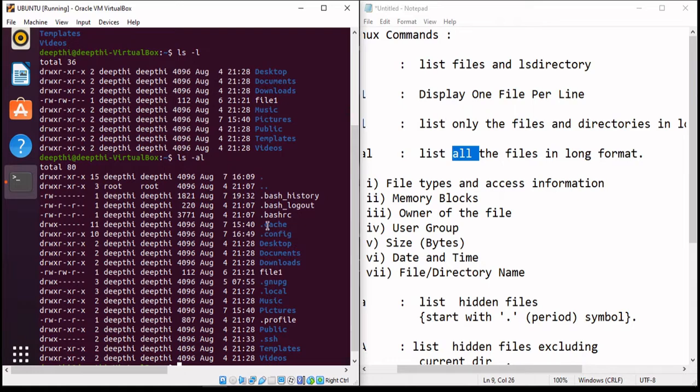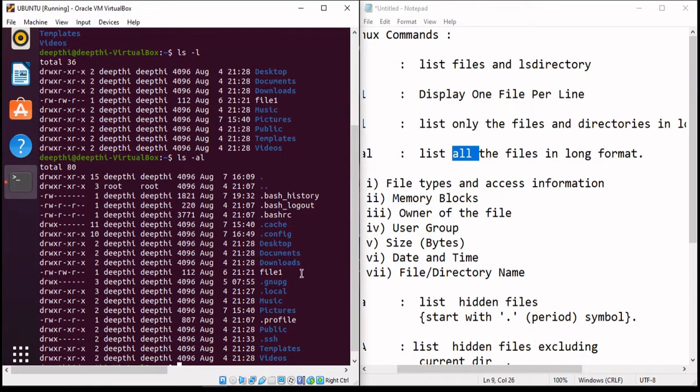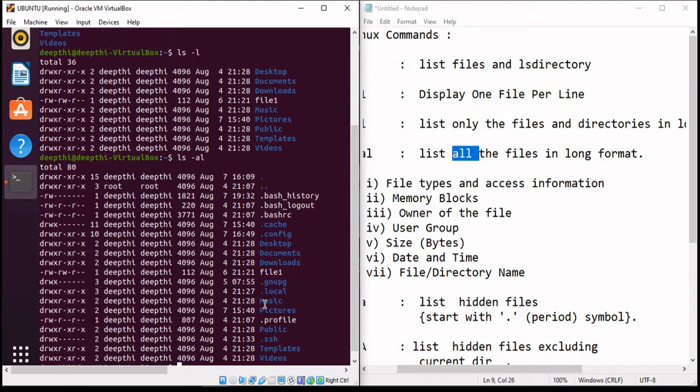Again, they are hidden because they are starting with dot and they are blue in color, and here the initial is starting with D. So it is representing the information about the hidden directories. Again, here we have three directories all in blue color. Again, we have a file here, then we have hidden directories, then we have two directories here, then a hidden file, then again a directory, a hidden directory, and this is a directory again, right?